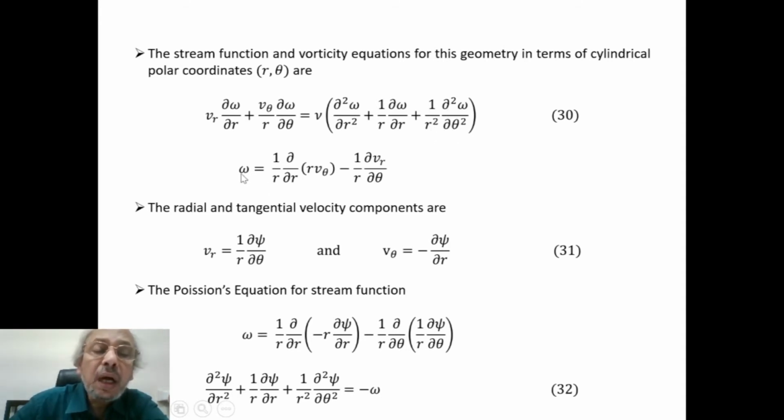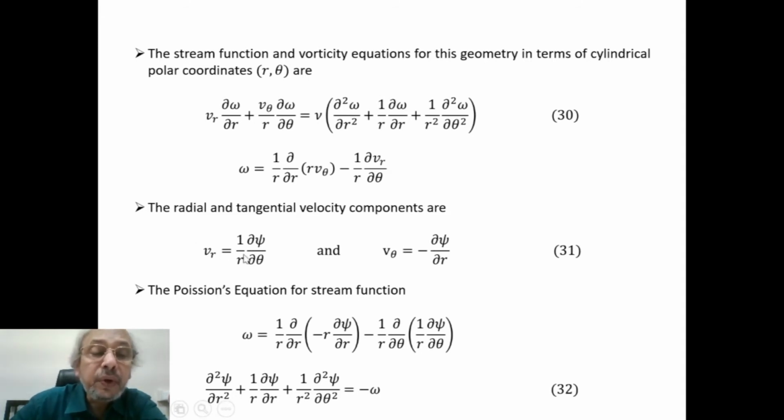And omega is the vorticity, again in the cylindrical polar coordinate system. It is given by 1/r ∂(r Vθ)/∂r minus 1/r ∂Vr/∂θ. So Vr is the radial component of velocity and Vθ is the tangential component of velocity. And from the stream function, again in the cylindrical polar coordinate system, the definition of stream function and the definition of vorticity we have